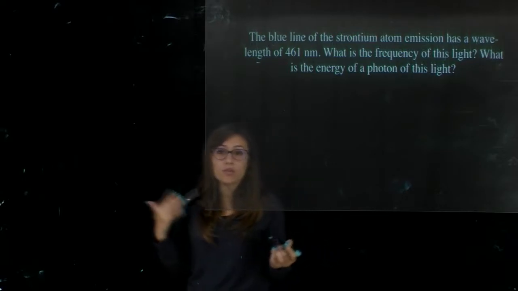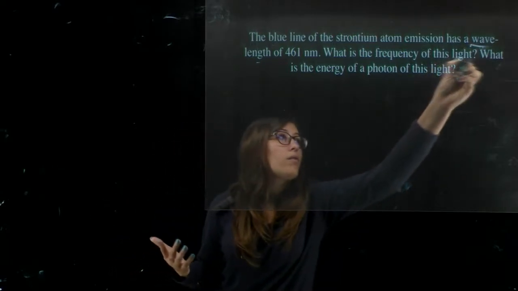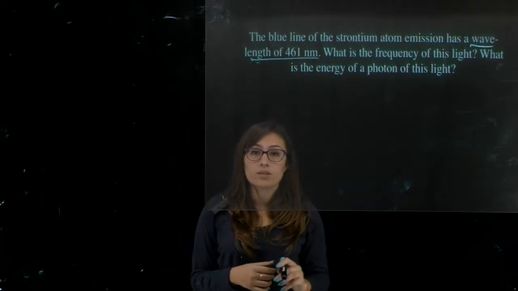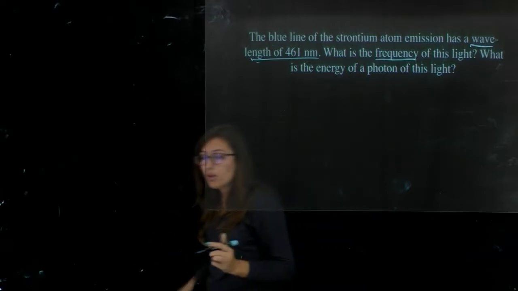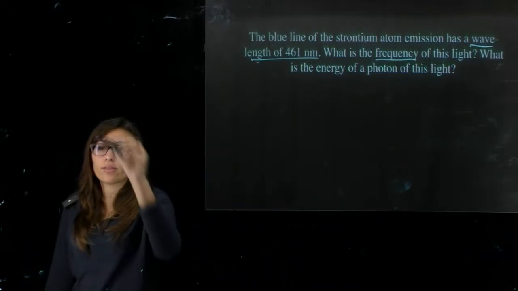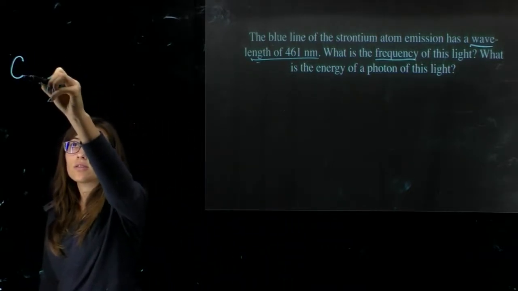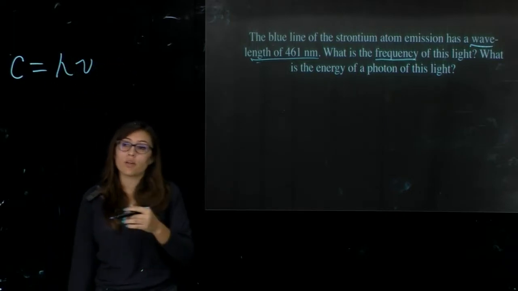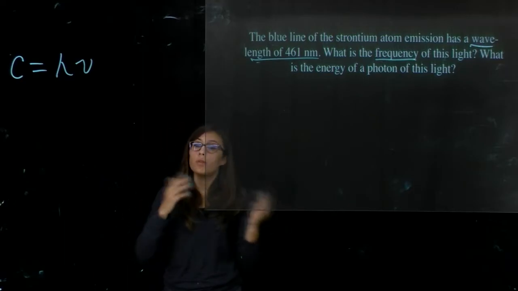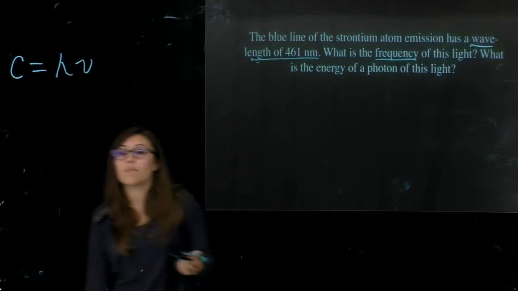So first things first, what do they give us? Well, they give us wavelength, and they tell us it's 461 nanometers. The first part is asking for frequency. Okay, well, we know the speed of light equation: speed of light is equal to wavelength times frequency. And if we know wavelength, then we can solve for frequency in this case because they are related